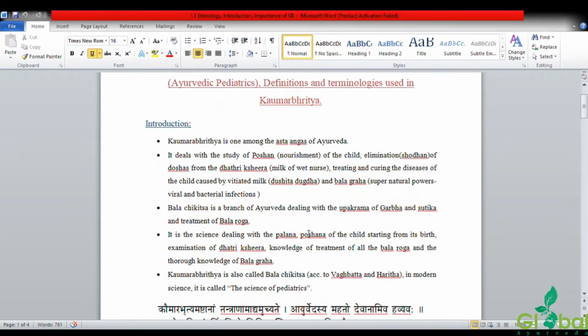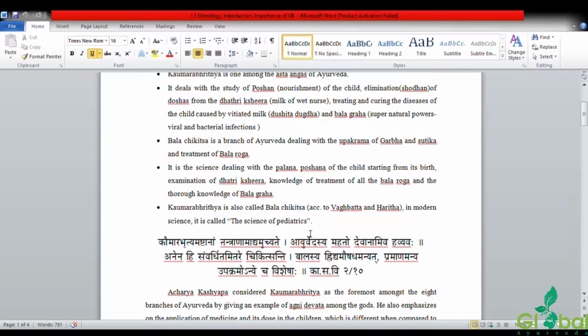So it is a science dealing with the palana portion of the child starting from its birth, examination of the Dhatri Kshira, knowledge of treatment of all the Bala Rogas and thorough knowledge of Balagraha. So it is describing that it is a science which deals with the Palana Poshana, like how to take care and also how to give nourishment of the child starting from the time of its birth, the examination of the Dhatri Kshira, what are the qualities of the Kshira, knowledge of treatment of all Balarogas, that is, what are all the diseases which are occurring from the neonate to the adolescence,